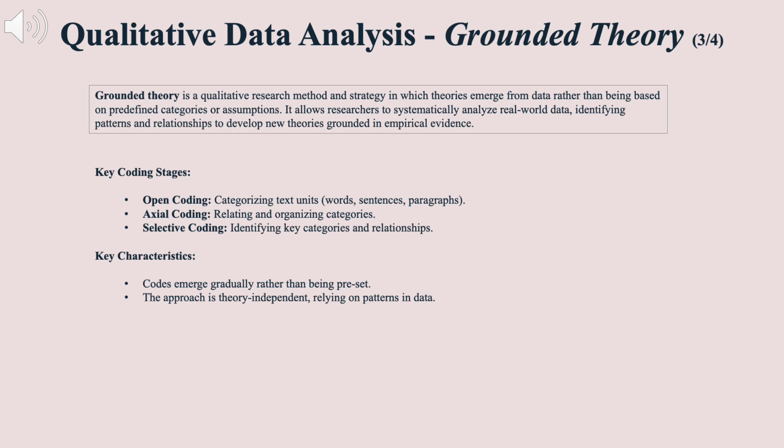A key difference between grounded theory and content analysis is that grounded theory does not rely on predefined codes. Instead, codes emerge organically from the researcher's engagement with the text. Without being constrained by pre-existing theories, the researcher maintains an open mind, allowing the data itself to shape the coding